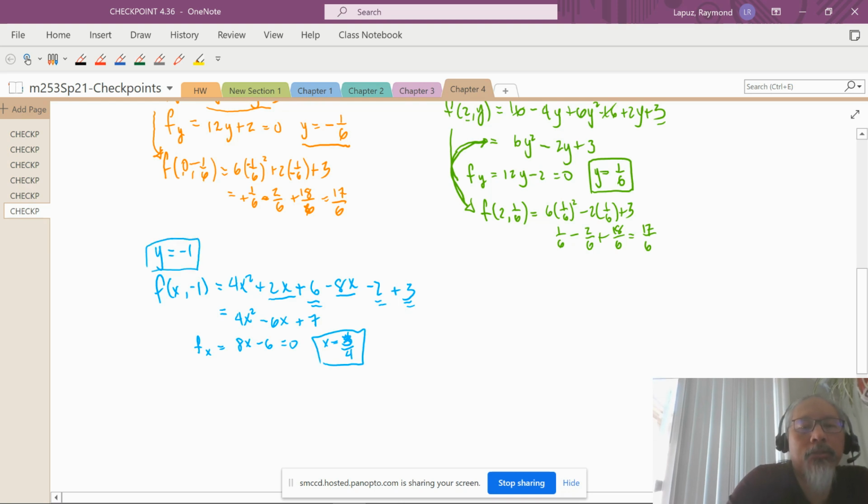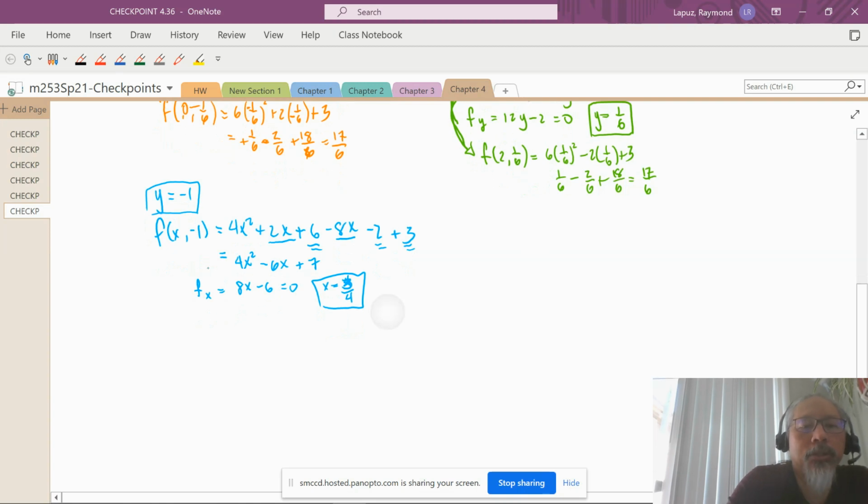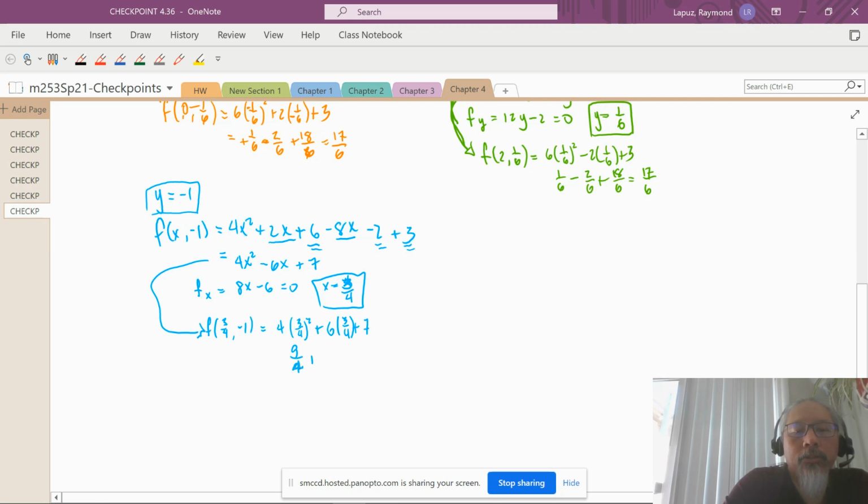And we got y is equal to -1. That is our point on the domain. And to get the actual point, we'll put f of 3/4, -1 into the function. We got 4 times 3/4 quantity squared plus 6 times 3/4 plus 7. And the 16 here will cancel with one of the 4s. This will be a 9. 9/4. 18/4. And